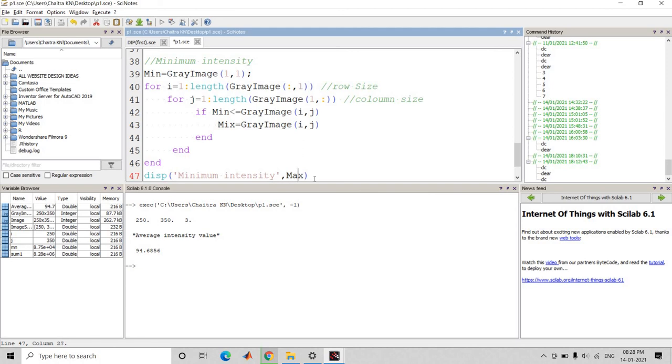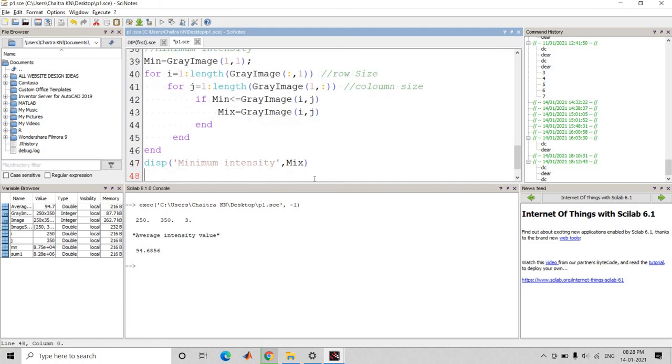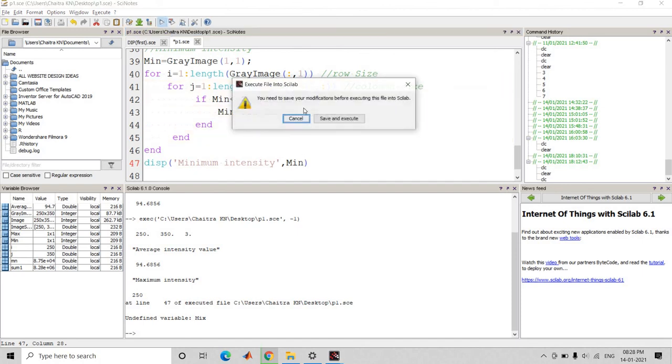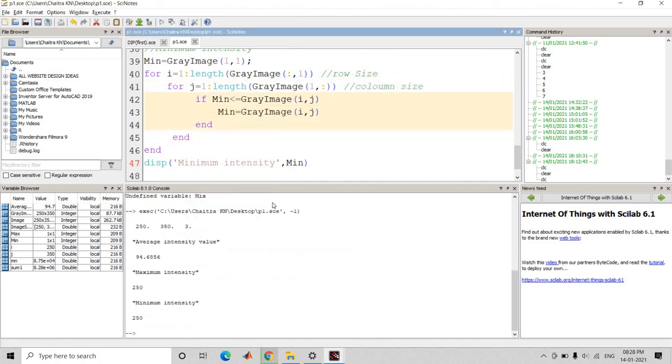Then display minimum. Then save it. Then again run the program. Sorry, here we have to make minimum.